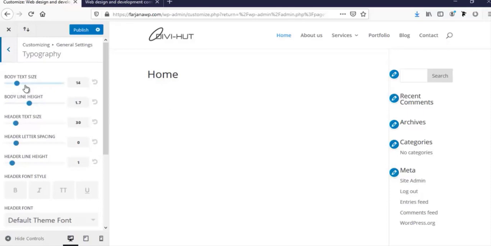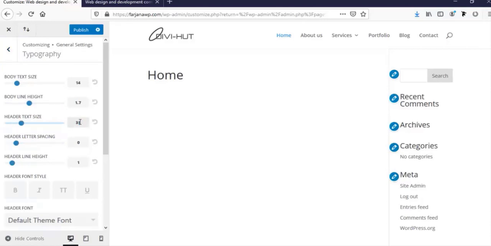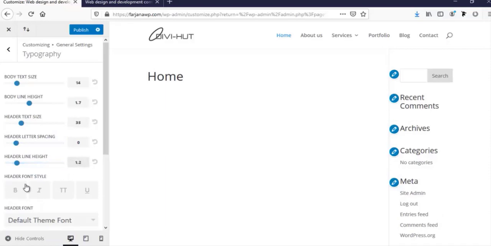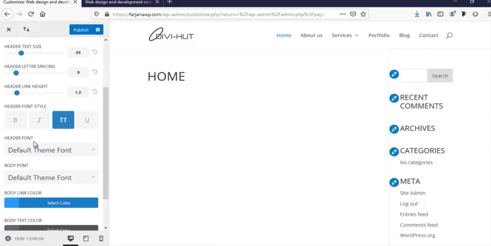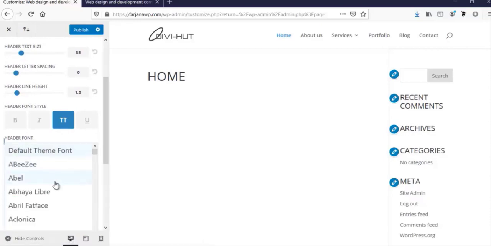Here I am setting the body text size, body line height is okay, body header text size I am selecting it to 35, and header letter spacing and header line height 1.2, and header font style I'm selecting it to uppercase, and header font family I'm setting it to Montserrat,